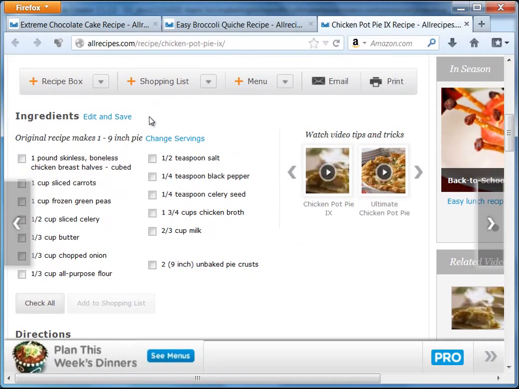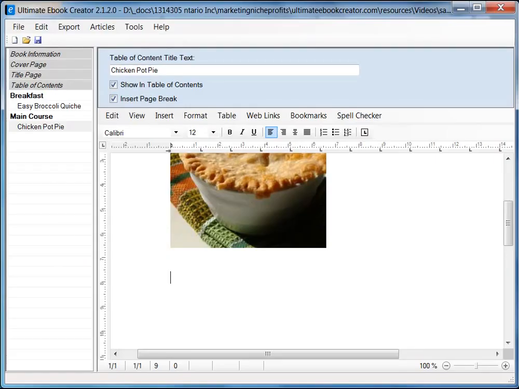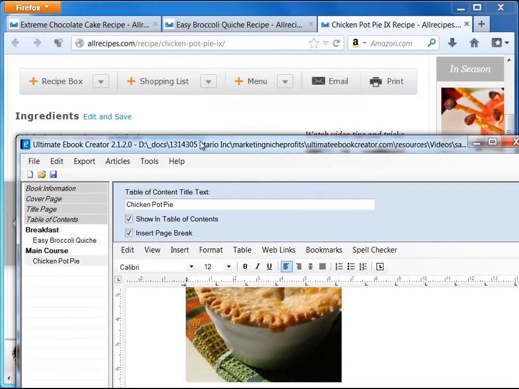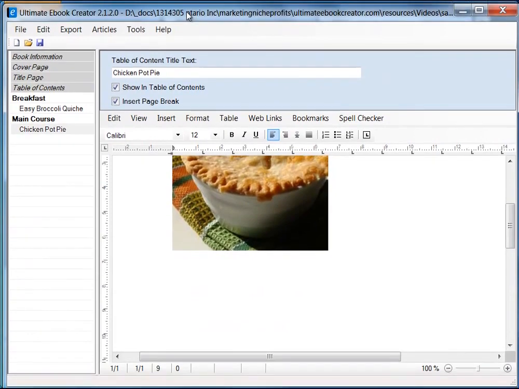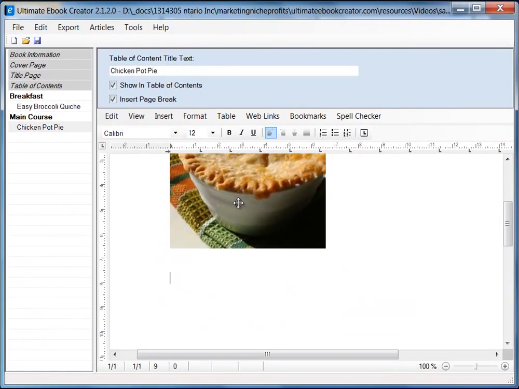What I'm going to do this time is create this recipe that looks exactly like this for the ingredients. So I want a 2-column ingredient section here. So once again I'm going to just highlight all this. Okay, ingredients. No, let's just type it in this time. Okay, so I'm just going to come down here and type in ingredients, and then I'm going to type in